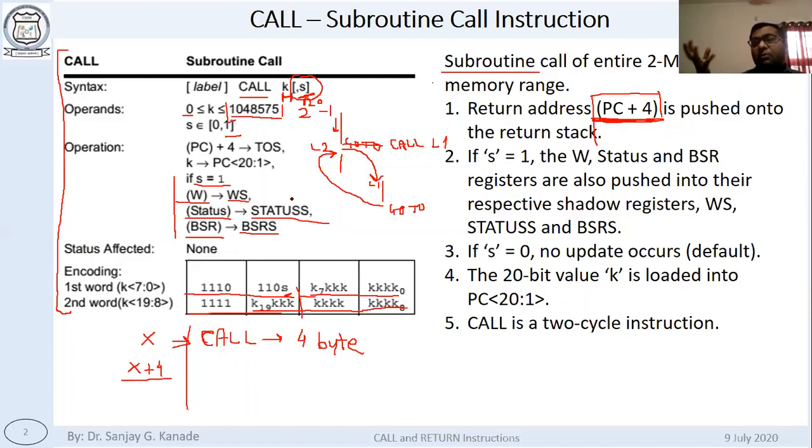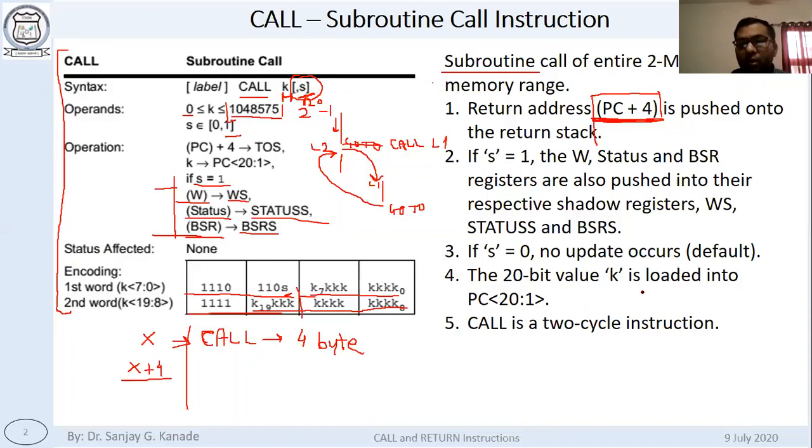done? Because when we want to come back, and if in our original sequence we are using certain instructions which may be using the status, or which may be using some RAM banks for which you need the BSR, or if you are writing some program for addition, in that case you may need W. If your program requires that these three should be retained, in that case, while calling the subroutine, we give s is equal to 1, and because of that, copies of W, status and BSR are made, and when we come back from the subroutine, these copies will be restored.